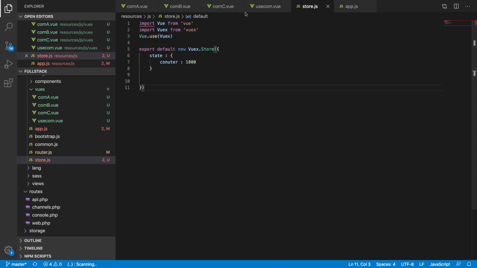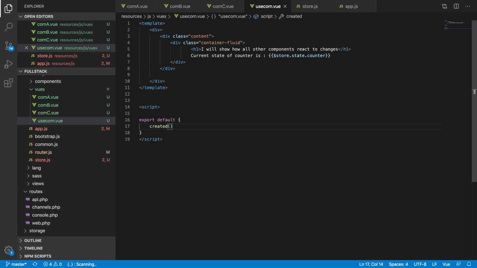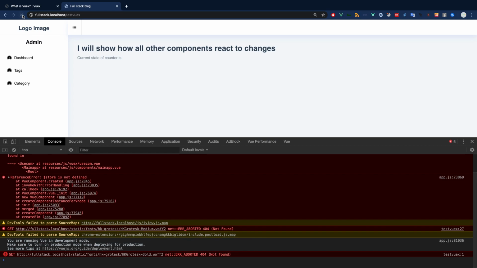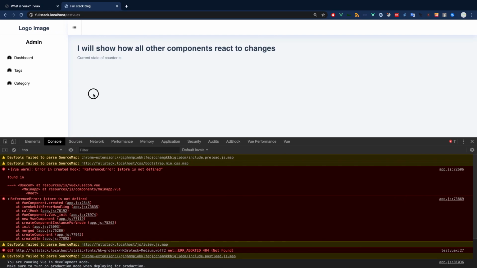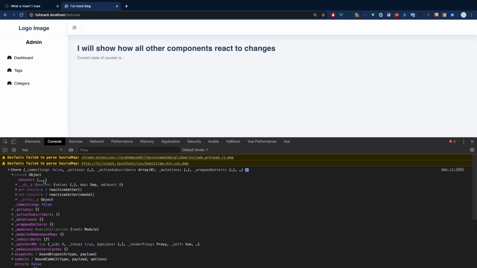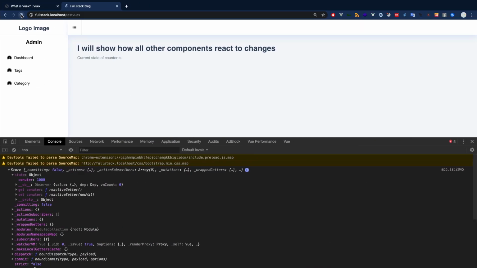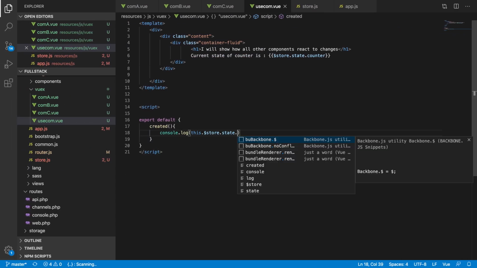Okay, never mind. Let's go ahead in here and create a created hook, and then console the store. Here we go. So we have this dot store. We have access to this dot store, and we have the state. We have the counter. Okay. So we have state. I don't know why I was not able to access that. So we have counter here, and we can easily